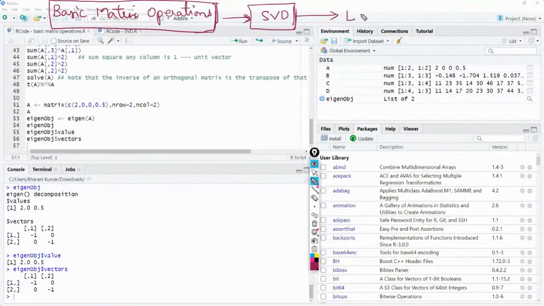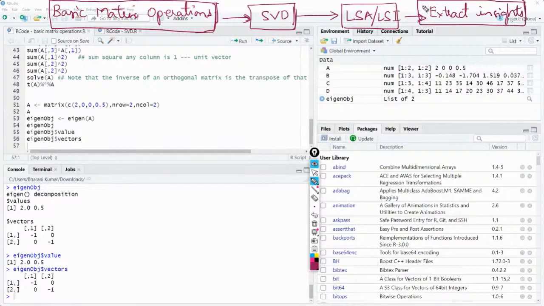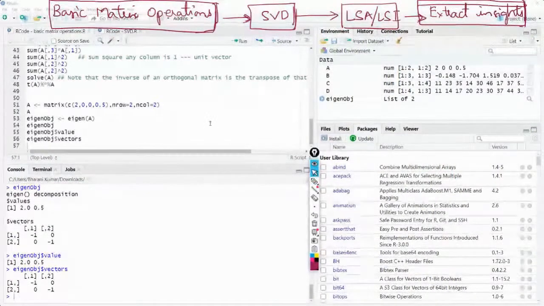Because we are learning about topic modeling and we are discussing LSA, which is also called LSI. Why are we using this? To extract meaningful insights from your textual data. Okay, for this purpose.